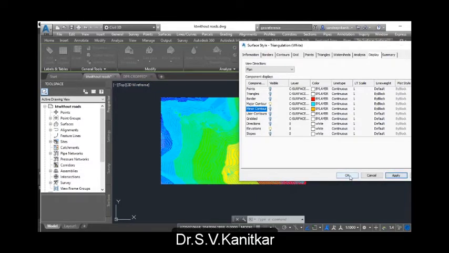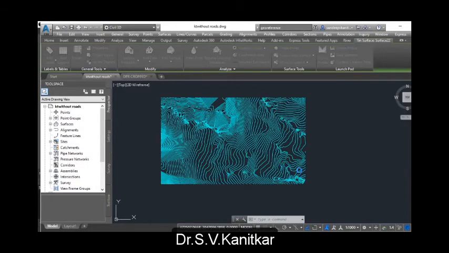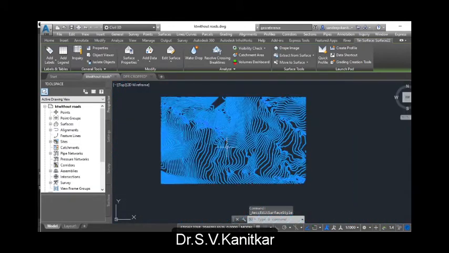So you can see over here, let us hide elevations. So what you have is elevation contours generated of the same surface.